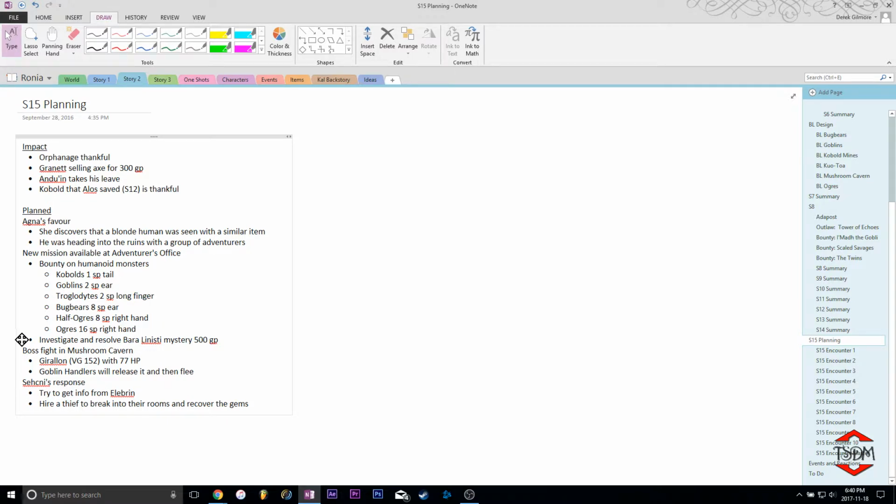But this is the main thing. If they want to continue to quest in the town they're in, this is the next quest. Beryl and Isty is the cave system they were just in, and they got a little bit of information from the goblin that they captured, but he doesn't know a whole lot. So he told them everything he could to try and stay alive. But yeah, that's it. This boss fight,